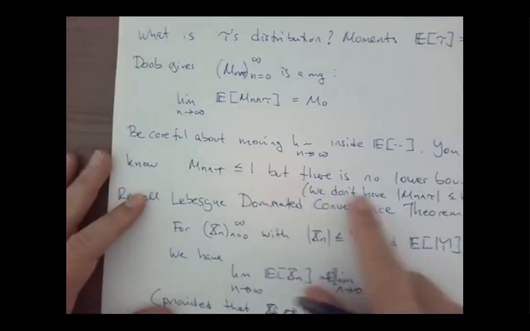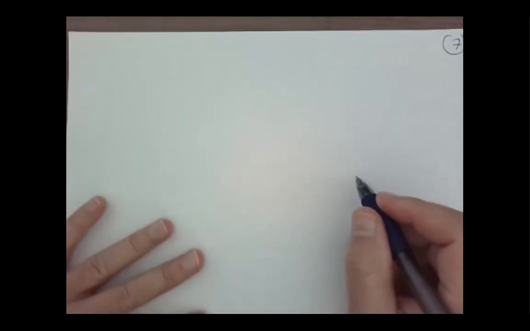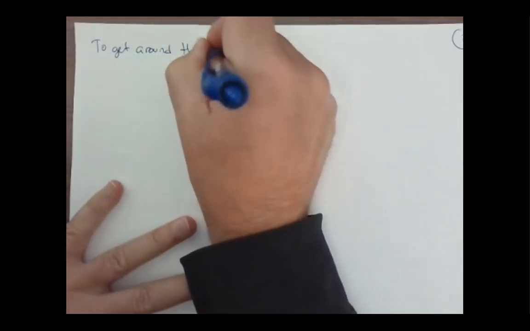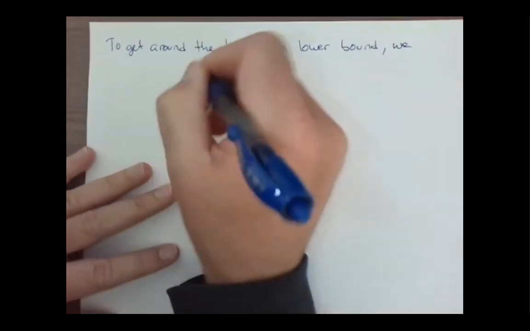For M, it's badly behaved from below, it's nicely behaved from above. And so we need to get around that. The way to get around it is by looking at a different martingale. So to get around the lack of a lower bound, we define